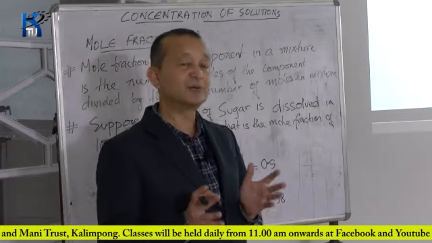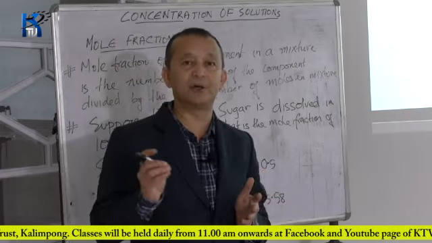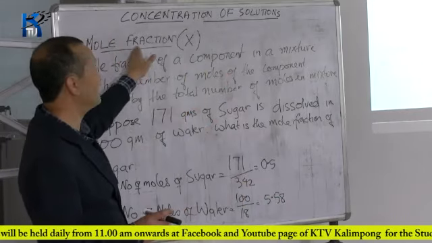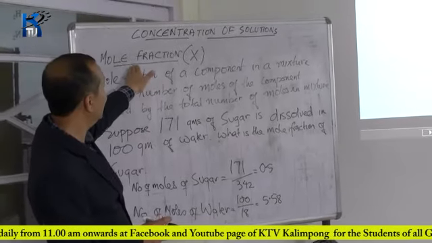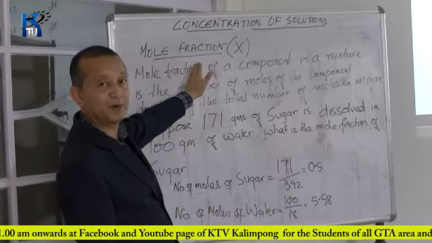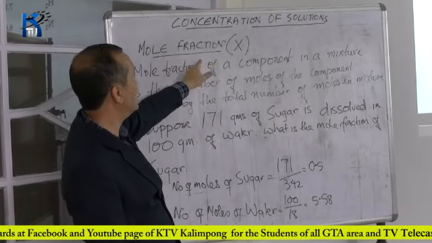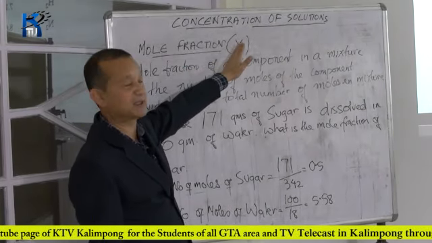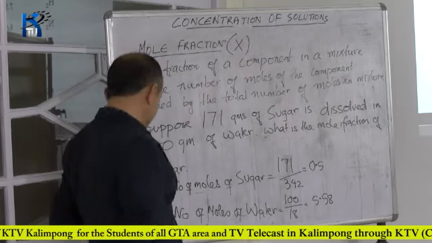So now today we will just do two leftover units. The first one that we will take up today is the mole fraction. All the matter is already written on the board. It is designated by the symbol X, capital X, mole fraction. So what is a mole fraction?